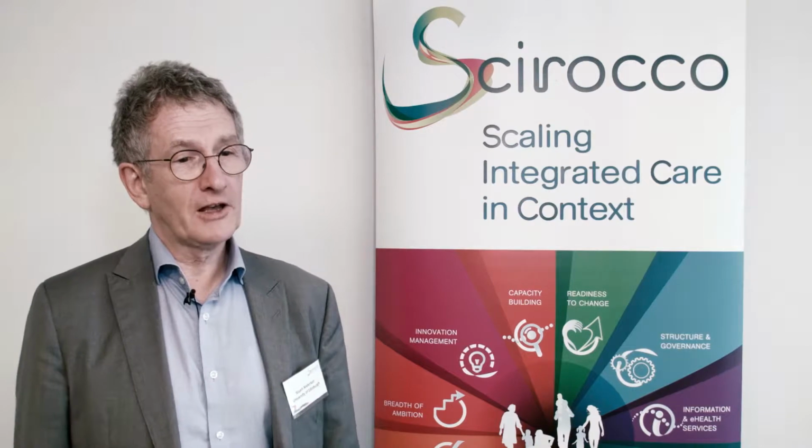So although it's primarily supporting the activity in terms of integrated care, the important thing is that we can use the tool as a bigger tool to help us evolve the maturity model and make it more appropriate and more accurate. Well, I think the critical thing about the tool, and if we think about its most important contributions,